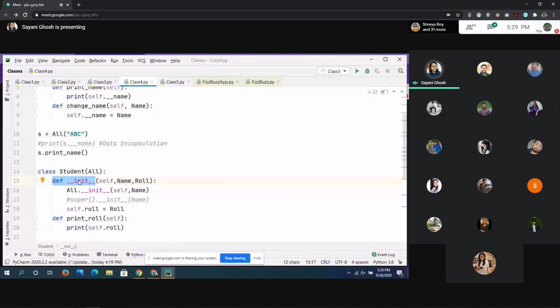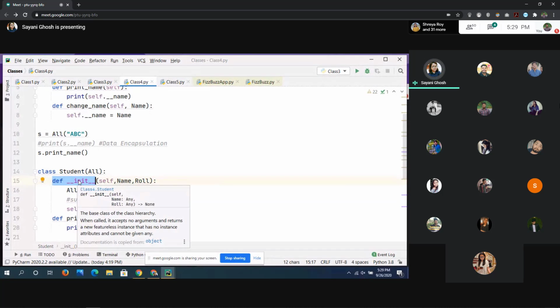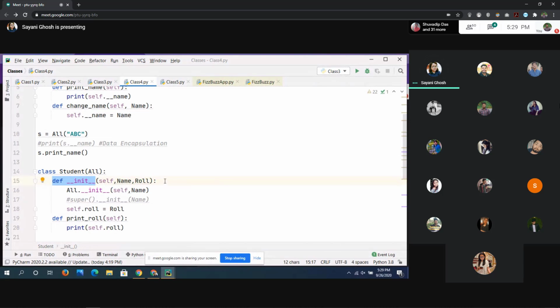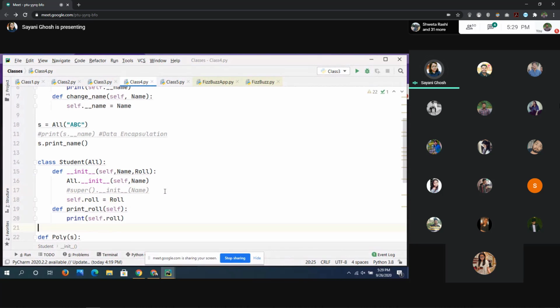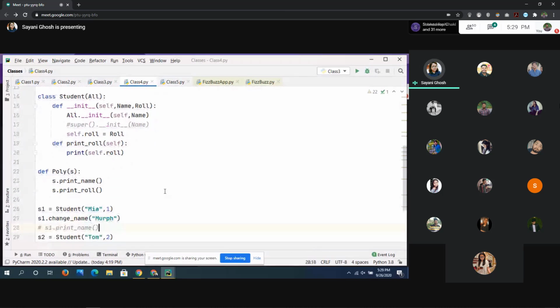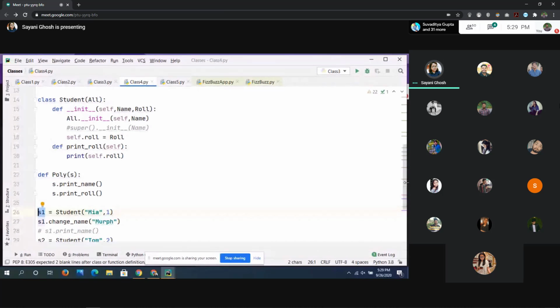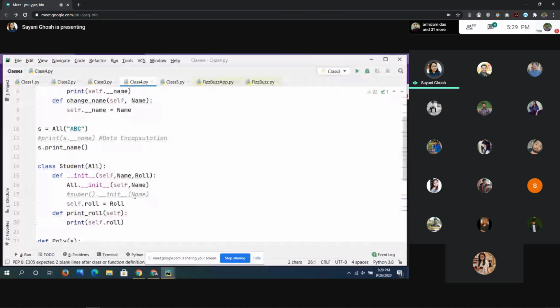This init function will actually initialize the object of class student. So now what is this doing here? Why are we calling all.init? Let me explain that to you now. Suppose we have S1, an object of class student, and I'm passing the name as Mia and the roll number is 1. So S1 is the object of class student, and now we are trying to initialize it. So how will we